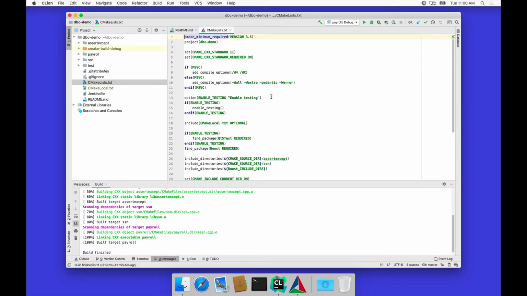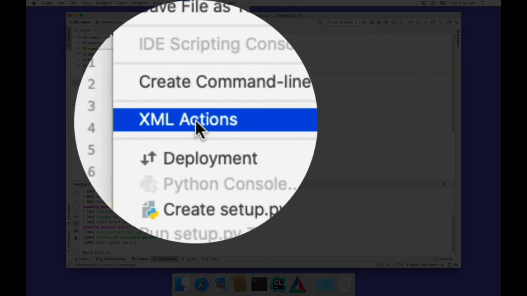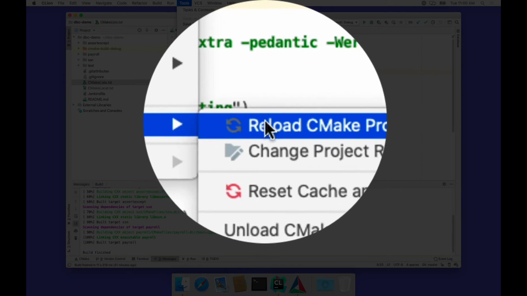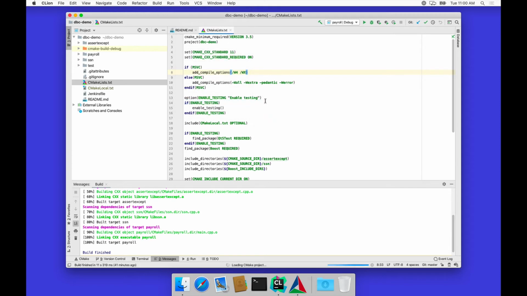And CLion, in this case, actually should have found the new system, but sometimes it doesn't do that. So let's go ahead and actually go here under Tools and CMake and reload the project. If we reset the cache, then that option is gone, so we just have to reload the CMake project. And once it has done this, and it is done with updating the system, we should see a new